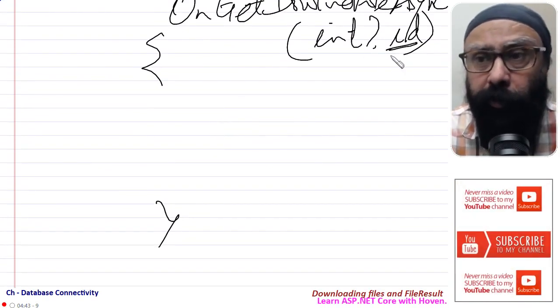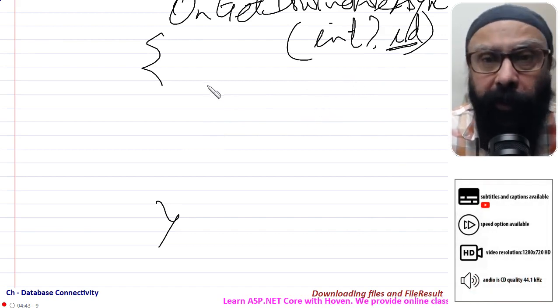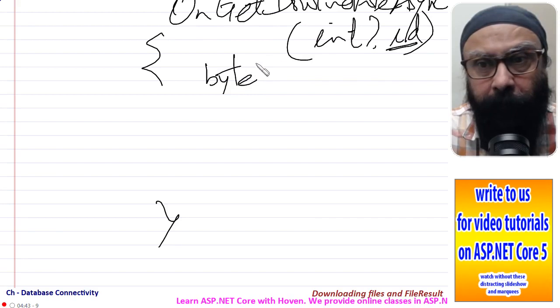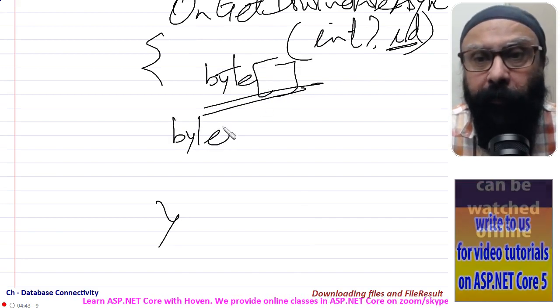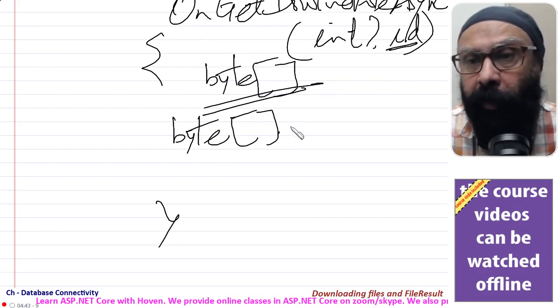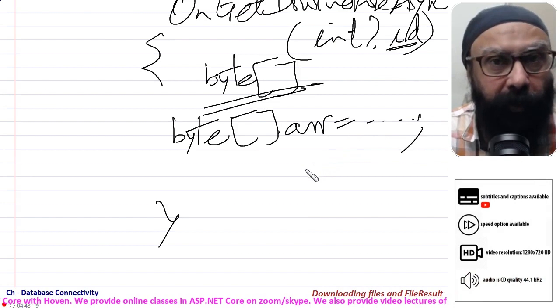Let us say we use this ID to query a database. The database could directly contain the byte array. If it contains the byte array, let us say our byte array arr is obtained after querying the database.